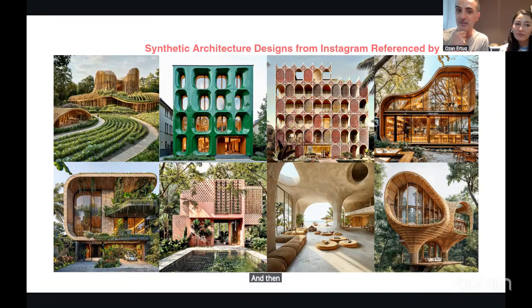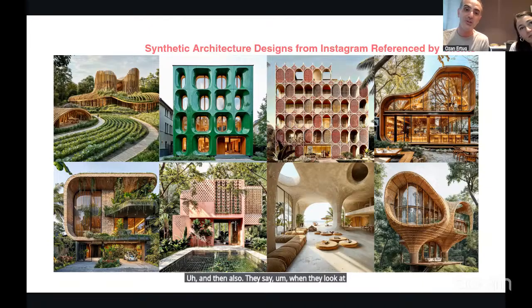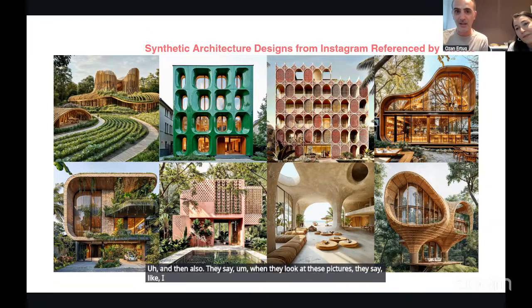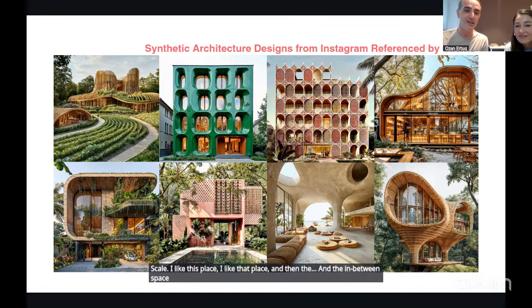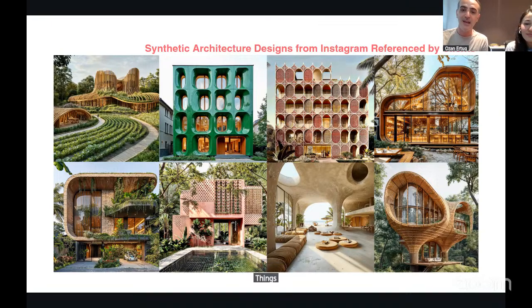This is really interesting because we don't take these as real buildings. When they look at these pictures, they say, I like the material, I like the scale, I like this place, I like that place, and the in-between space here, things like that. We try to excavate these things from their needs and combine them and then move forward.